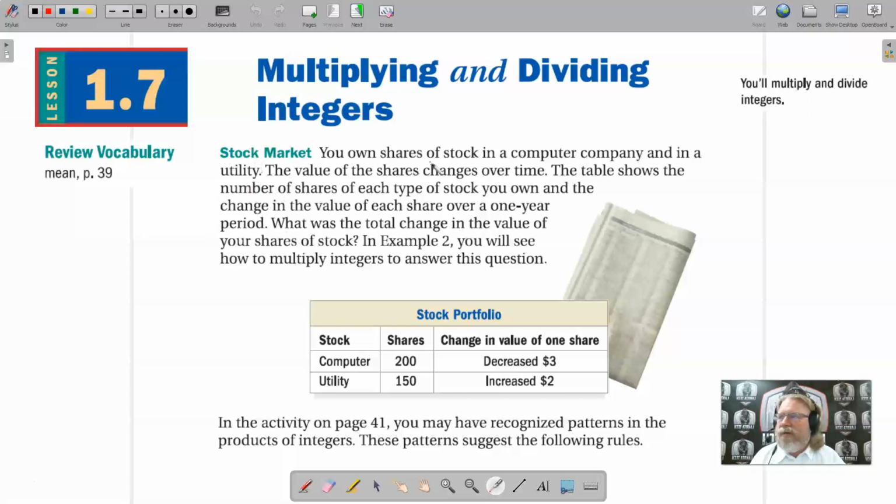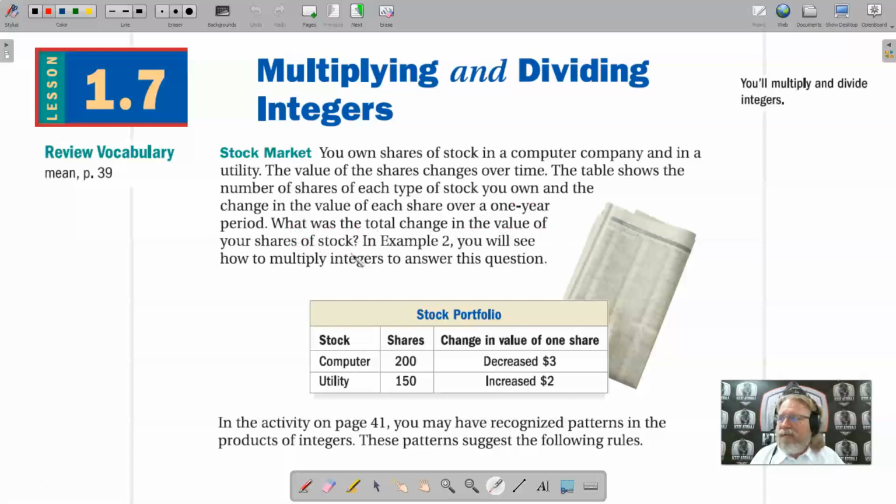So it starts off with this stock market example. It says you own shares of stock in a computer company and in a utility. The value of the shares changes over time. The table shows the number of shares of each type of stock you own and the change in the value of each share over a 1-year period. What is the total change in the value of your